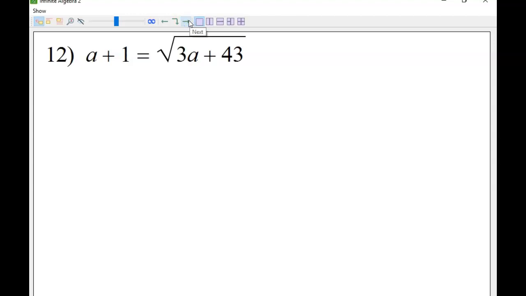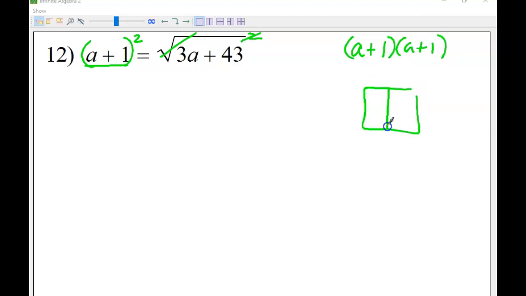All right, let's do one more of these, I think. Once again, I'm going to put this in parentheses, and what we're going to do is square both sides to get rid of that square root, right? Now, in this case, we're squaring a plus 1. Now, if you're squaring a plus 1, that means this, which means you could do a box method if you wanted to